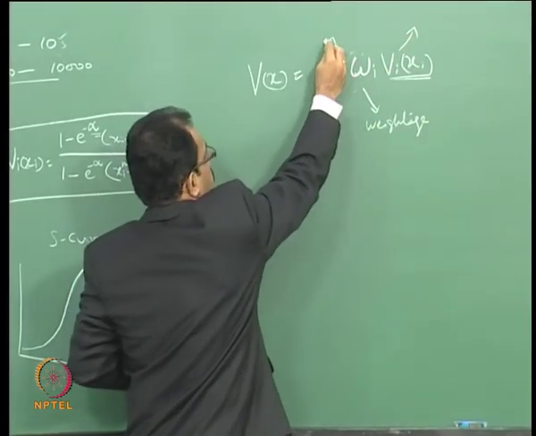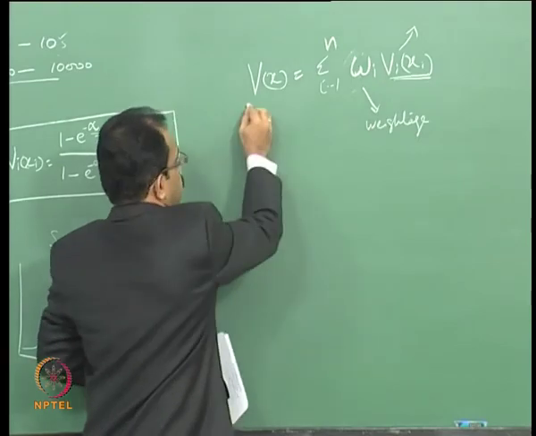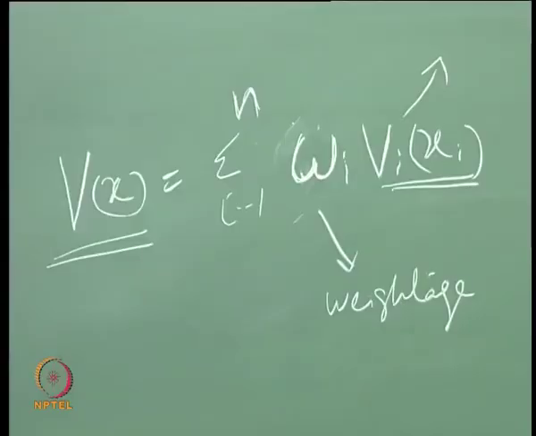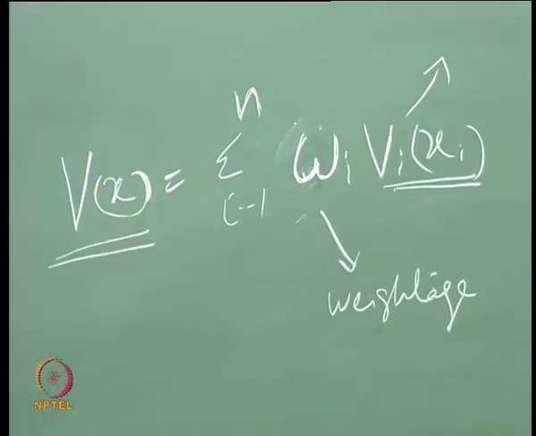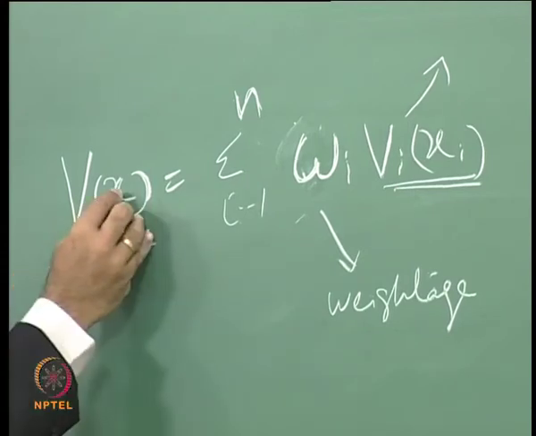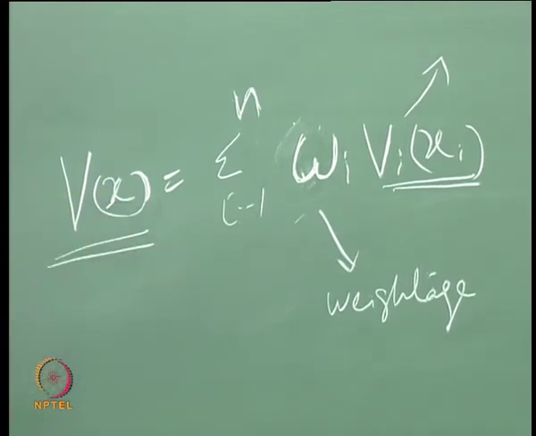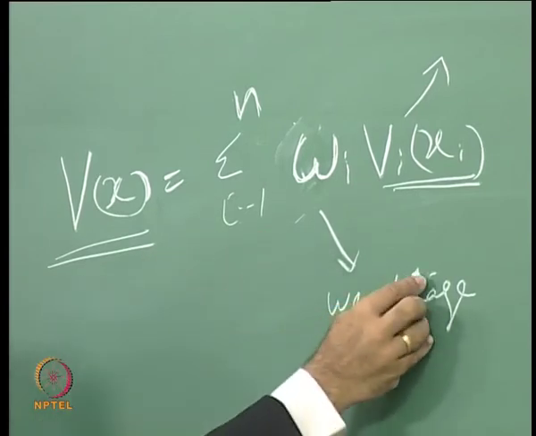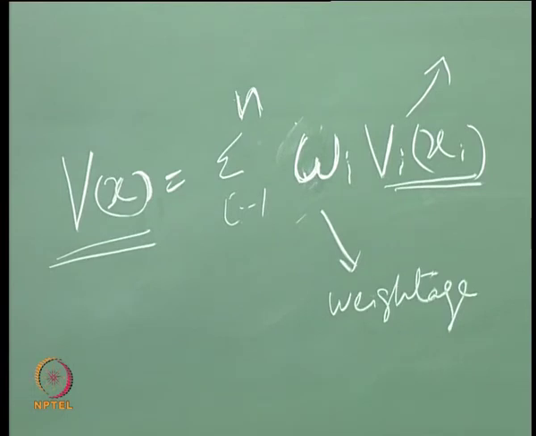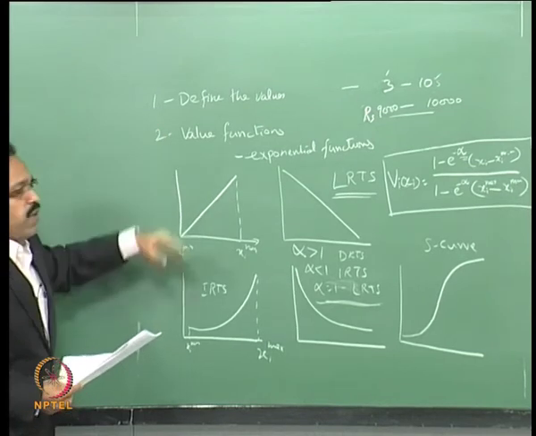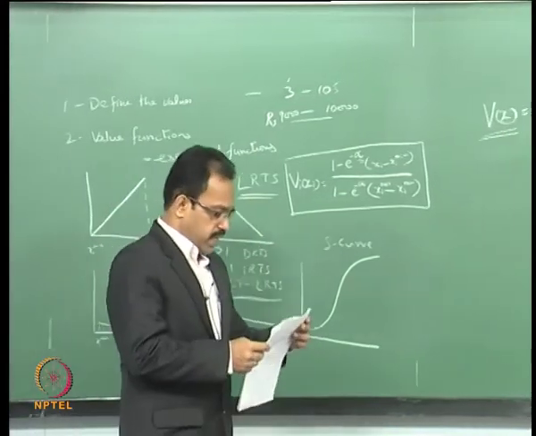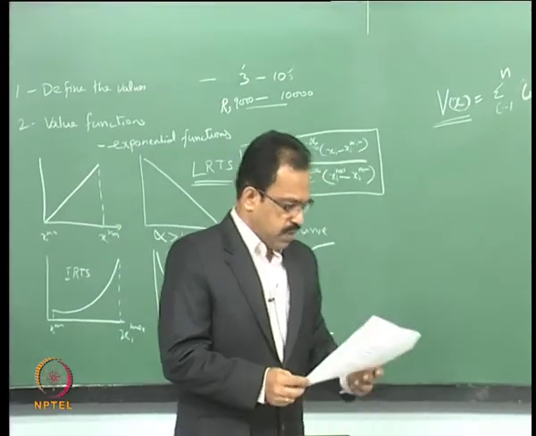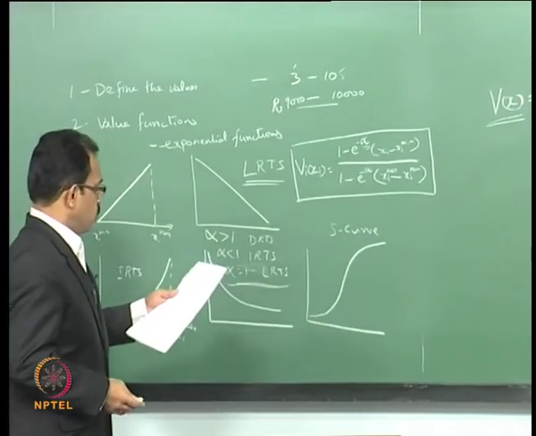Then we take the sigma of this, and you will get the total value function for all the objectives. Using this objective function, you can define what the actual trade-off should be. This function helps you do the trade-off analysis based on the varying objectives as well as the weightage given to each individual objective. That is the method by which we do the trade-off analysis. Let us look at how to get the weightage for each objective, but before that we will take a simple example.